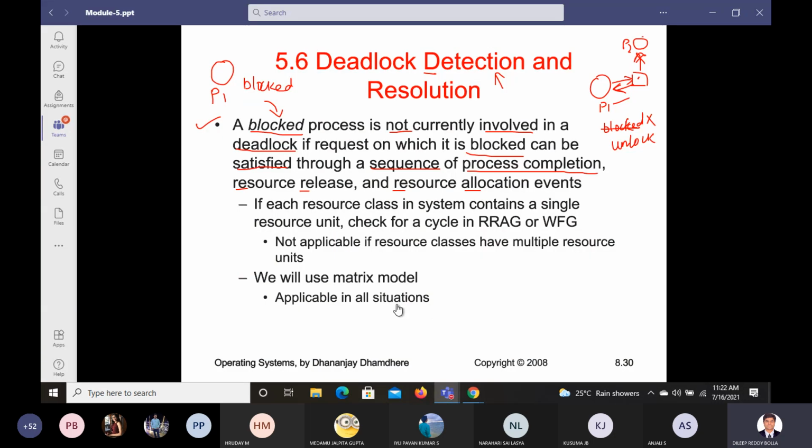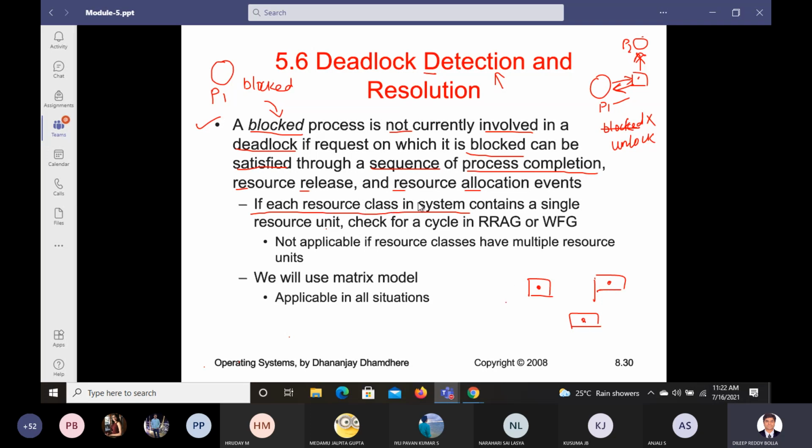See, this is a deadlock condition. Now see this one. If each resource class in the system, let us say we have one resource here, another resource here, and another resource here. Each of them will have only one corresponding bullet, which means only one resource is available.